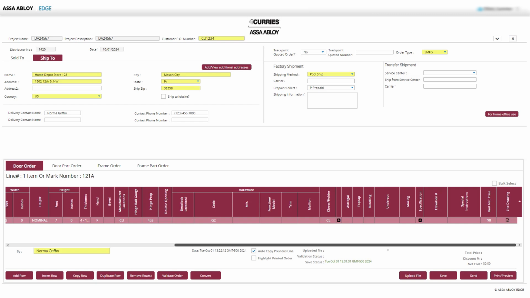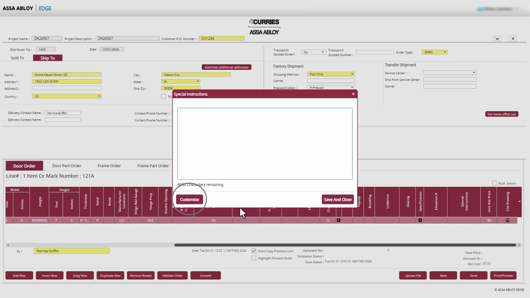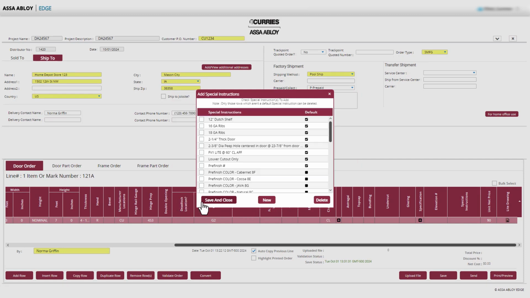To help you be more efficient using Edge, Currys has provided you with an option to customize special instructions by simply selecting the Customize button, the button located at the bottom left of the Special Instructions window. Customize will be your go-to Edge tool when you find yourself typing the same comments on